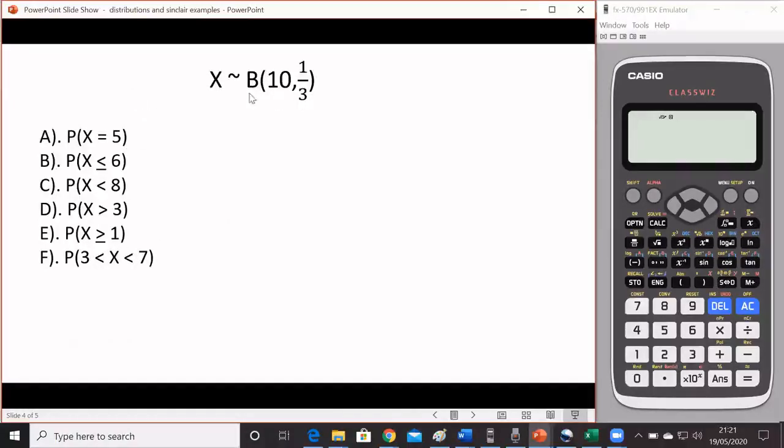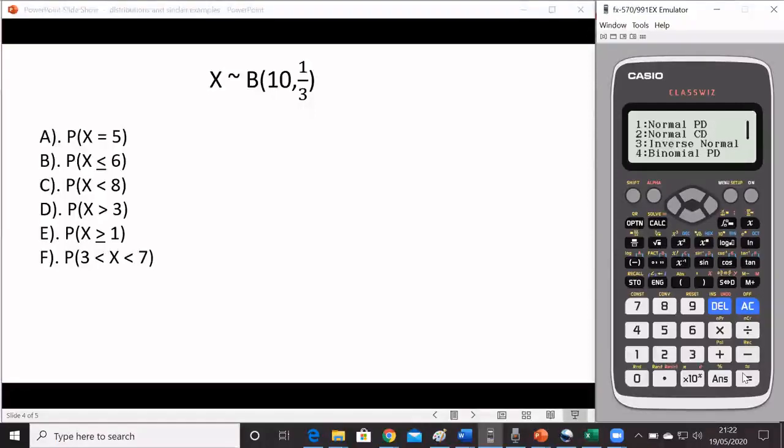In this binomial distribution, I want the probability that x is 5. In other words, I want 5 successes, whatever the success is. Obviously the successes have a probability of a third in any individual trial. What's the probability I get 5 successes? If you're looking for an exact amount of successes, in this case 5, then you use the binomial PD function. So go to your calculator, go to menu, you go down to 7, which is distribution,